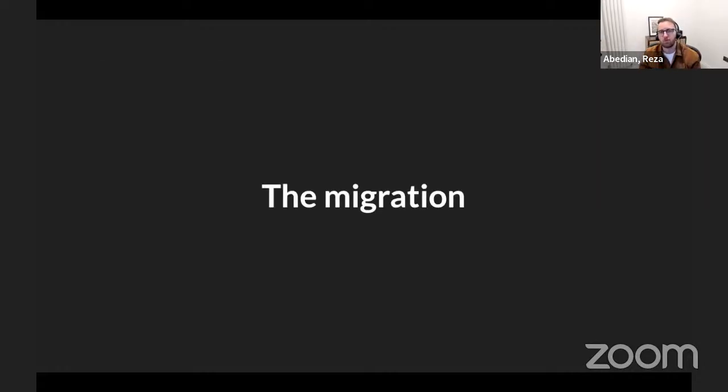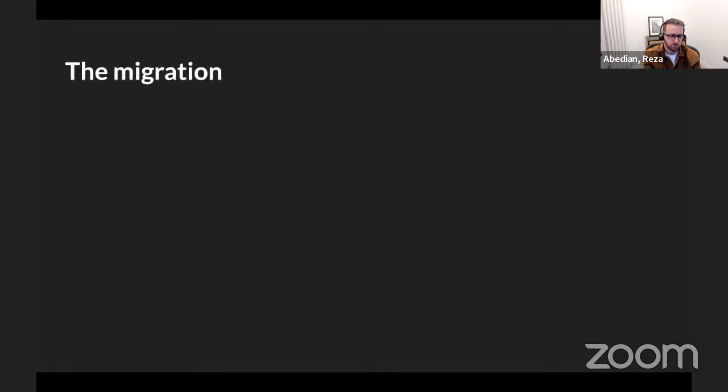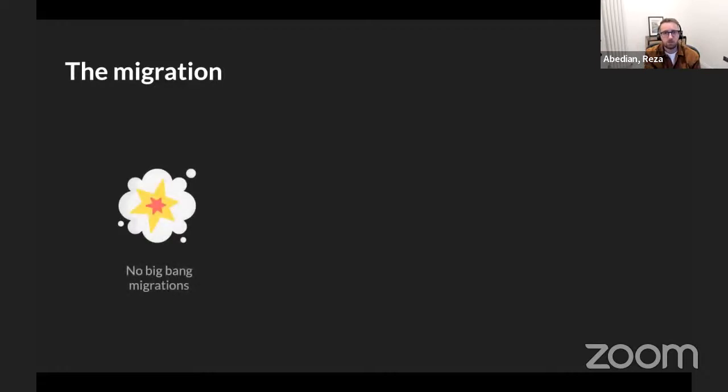So let's talk about a topic that often doesn't get much coverage in the design system community. How did we handle migrating all of these applications? As mentioned earlier, we have over 100 applications, and we knew that the majority of the development teams wouldn't be able to stop building new functionality in their apps to do a complete big bang rewrite of the UI using our new design system library.